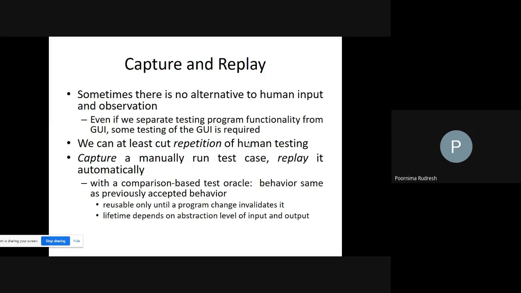We have to go for human intervention, where a human being verifies the test, or tests the graphical user interface that is developed. Because for the graphical user interface we have to give the input, and afterwards we have to check the output, and there is no alternative to human intervention there. So for such a testing process we need human intervention, and we can at least cut the repetition of human testing. So here, since as I said, we cannot